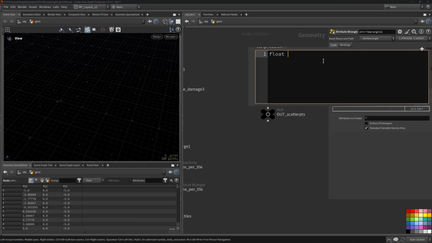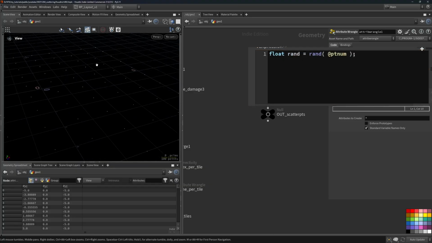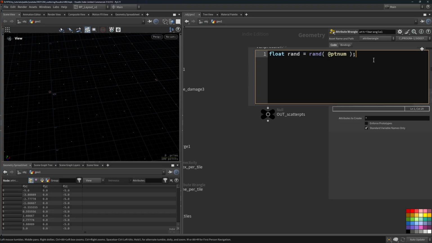So I'll create a new variable float rand and set that equal to rand using the VEX function, and my seed will be the point number. So since I'm running over points, and each point has a unique point number, each point will get a unique rand value, which is what I want. Then I can use rand to create an index attribute. And I'll set that equal to, and what I need to do is fit rand, which currently is returning a